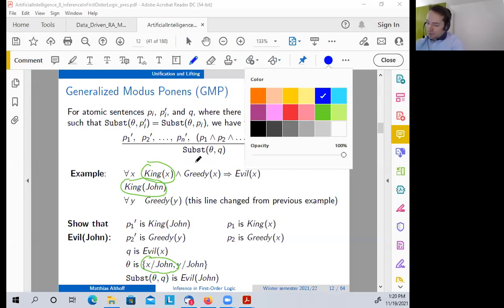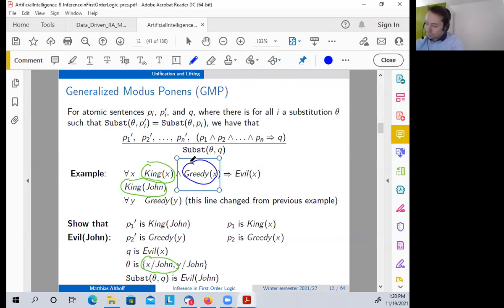Okay, so then we have Greedy(x) here, and we have Greedy(y) here. But we can replace y with John. So then we have here Greedy(John), and Greedy(x) is already Greedy(John) because we already said x is replaced with John. And then because of that, we can conclude Evil(x), and x is replaced with John.